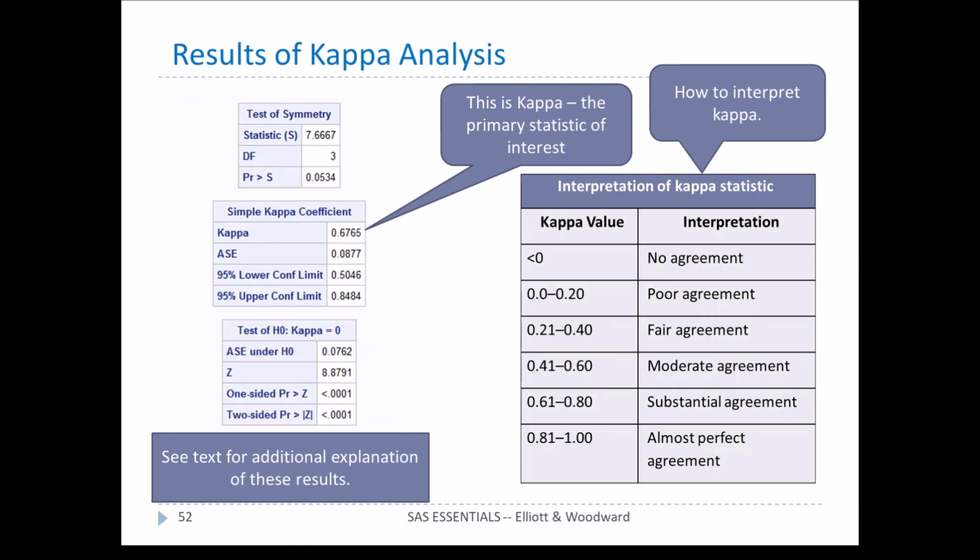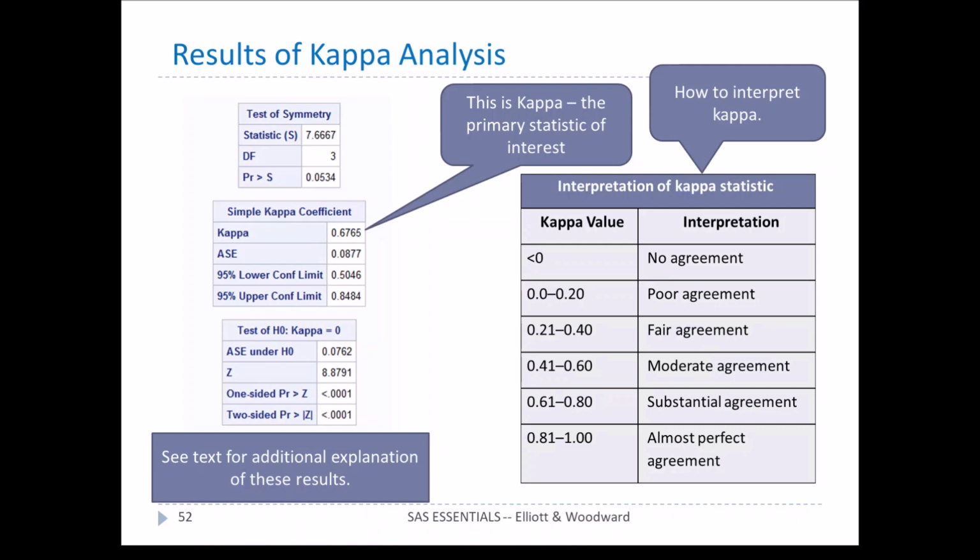So first of all, we find the value called Kappa, and that's the primary statistic of interest. And this is the way we interpret Kappa. This is a table that is commonly used here. So notice we get a 0.6765, and what it's measuring is whether or not we have agreement between the two raters. And so we look at the Kappa value in the interpretation table, and we go down to where it would fall, so it's the one that's 0.61 to 0.8,